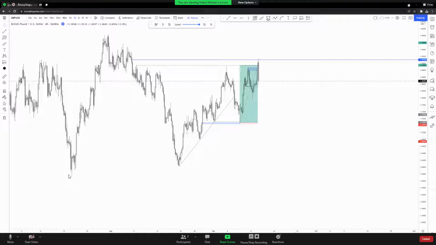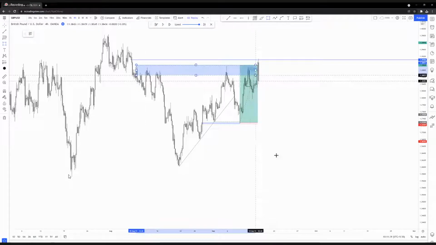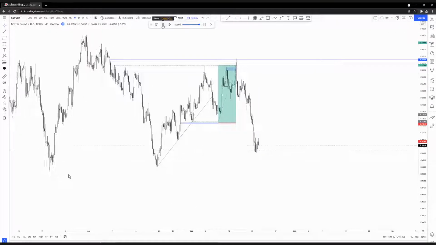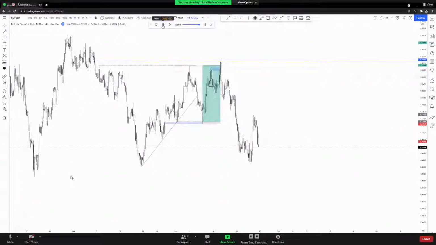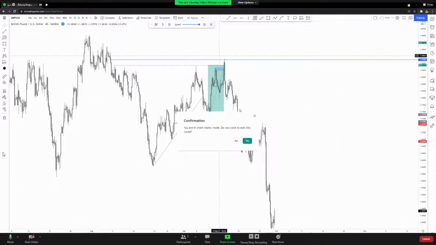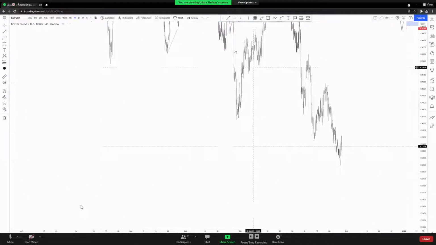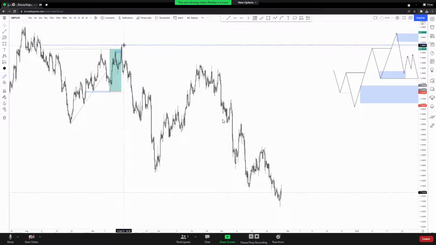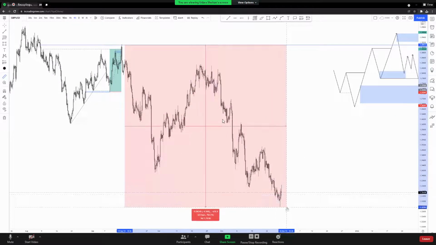Look at all of this liquidity getting built up. A fake resistance. And then what happened? Now they're falling. Now they're falling like crazy. Yes, that was huge. Look at that. If you took a sell there, you are still in profits. See that? That was like 600 pips, I guess. Almost 600 pips.